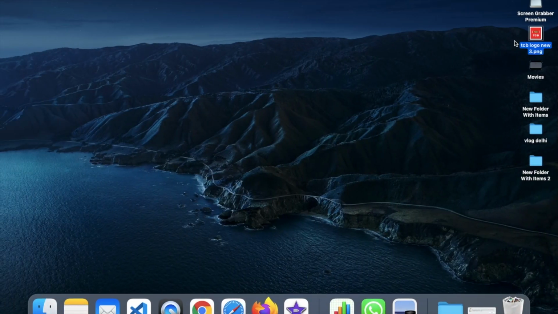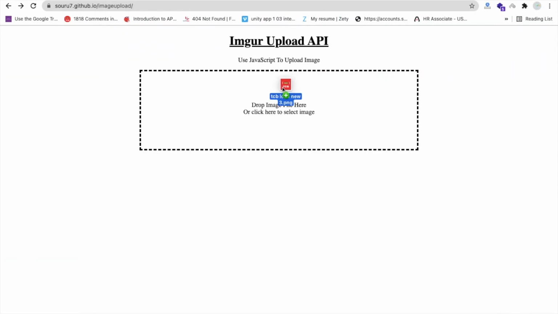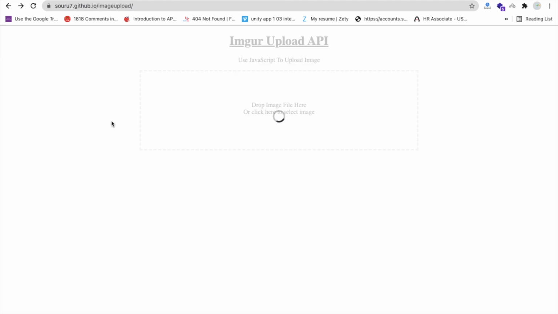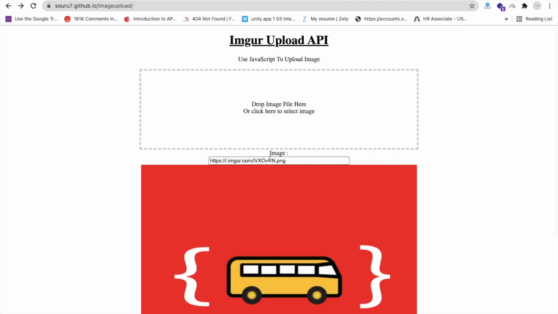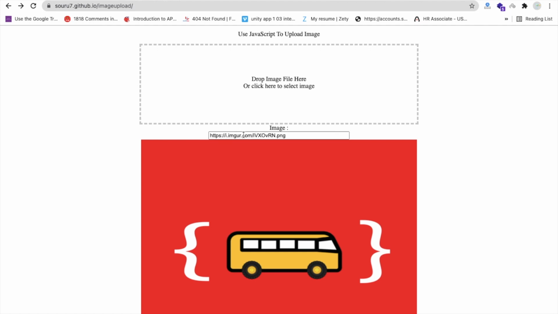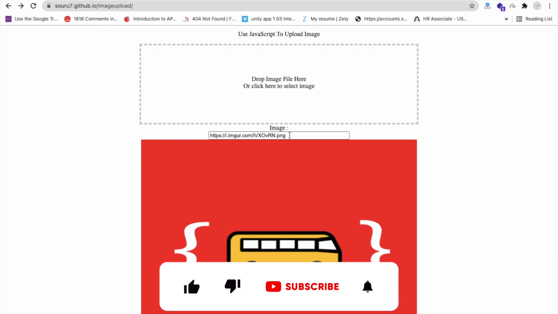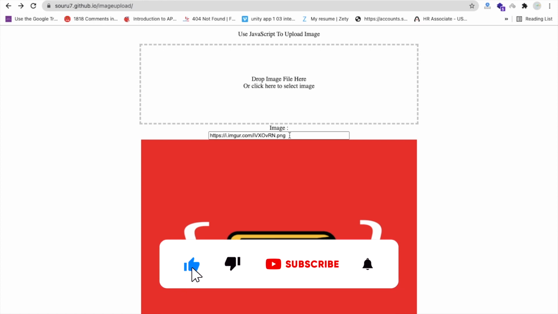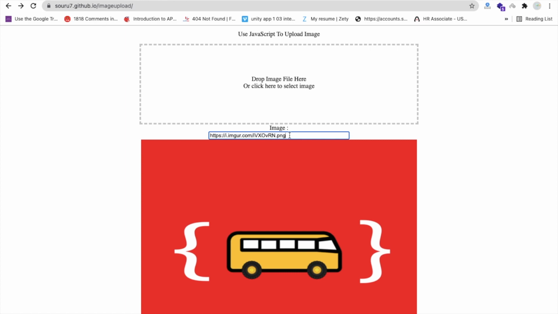So let me just drag and drop one image here like this, and you can see we have uploaded our image, and you can get that image URL also. So you can use that URL anywhere in your MIT App Inventor project, website project, or anywhere. Let me just copy this. Or if you want to share some images with your friend, like a screenshot or something, you can use that website to do this.